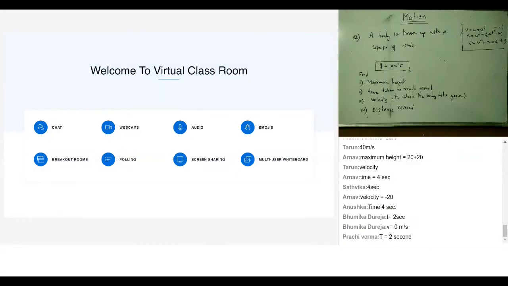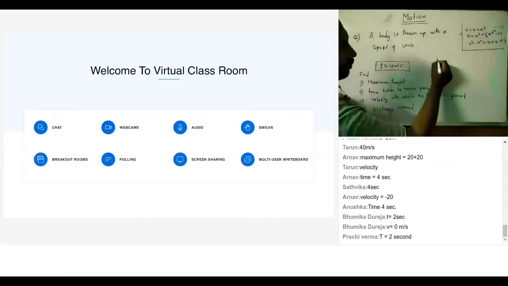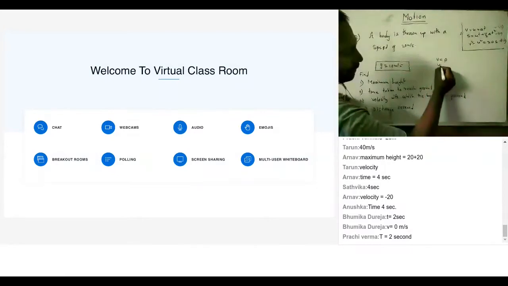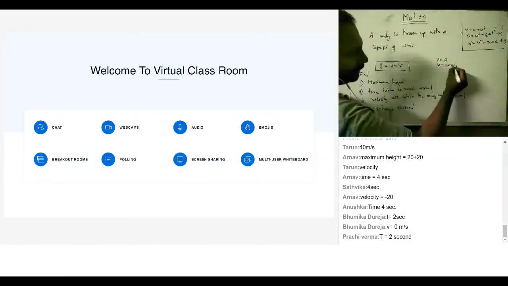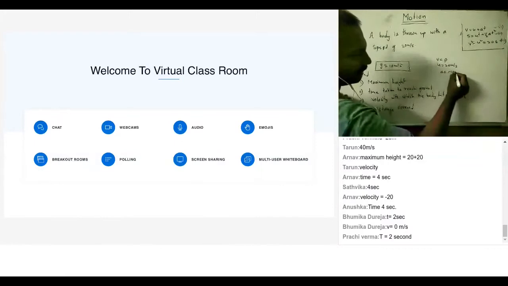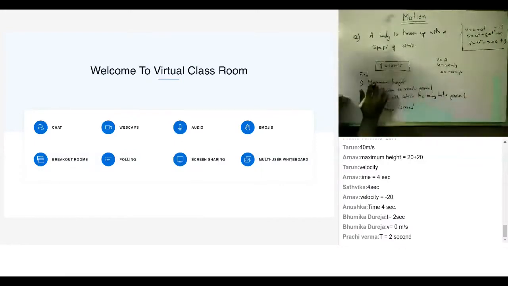So V is 0. No, it's not 0. Let's check it. I think almost all of you have got the answers. Now, the maximum height, I think all of you got it right. For maximum height, what is the height at the highest point? V equal to 0, U is 20 meter per second, acceleration due to gravity is minus 10 meter per second square. So for this part, what I can do, I can use